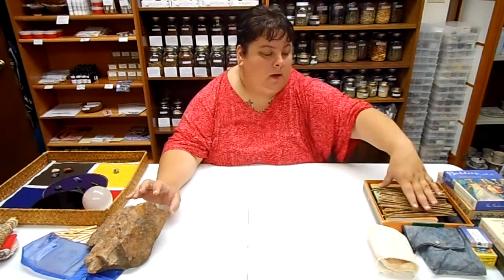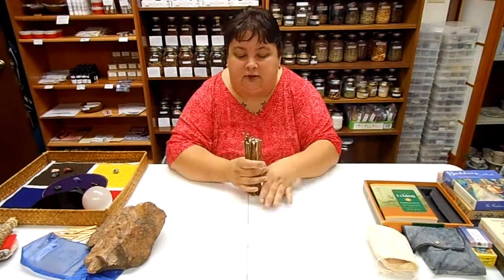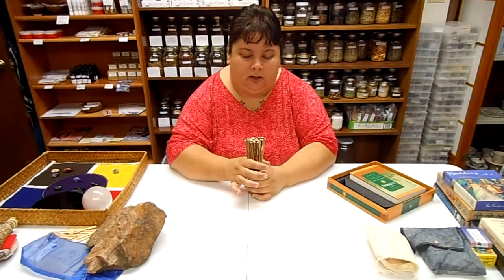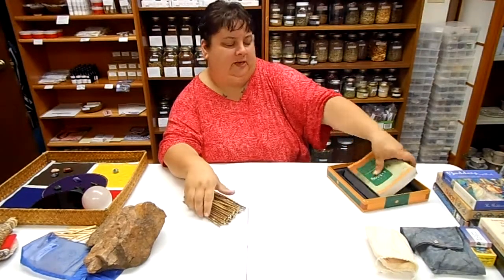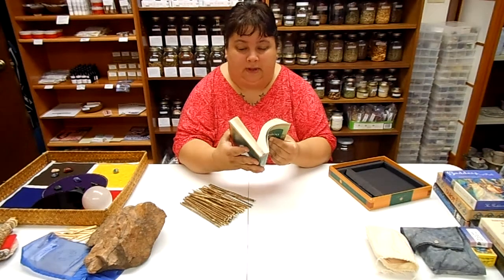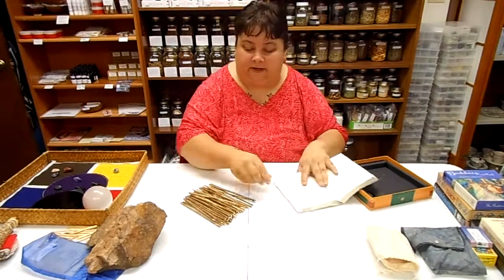This is the I Ching. I was wrong when I told you earlier that it was yew. It's actually yarrow. And this is another system that I don't use, but you kind of follow, see if I can find a picture in the book that kind of shows you how it works. So, yeah, the pictures are really small. What they're showing you is you're looking for patterns. So for example,